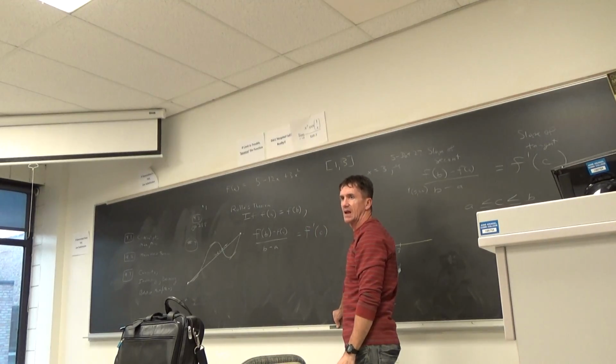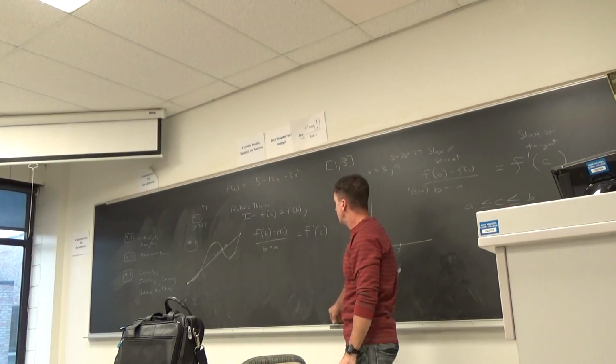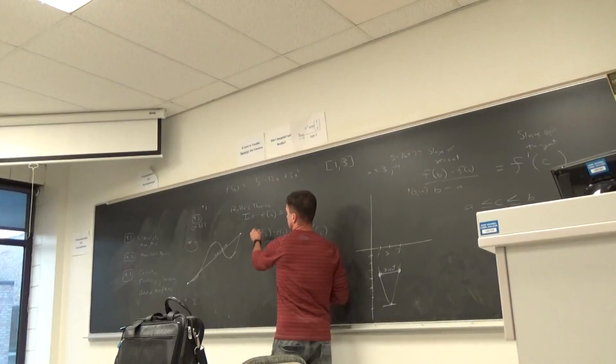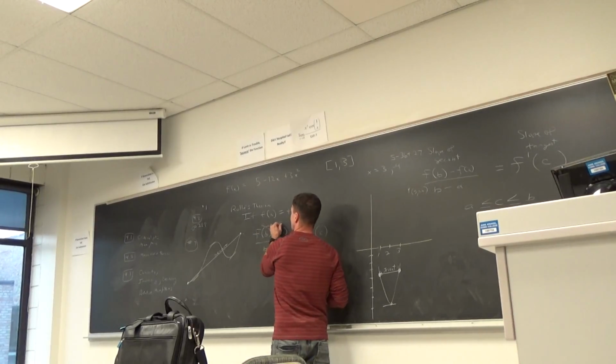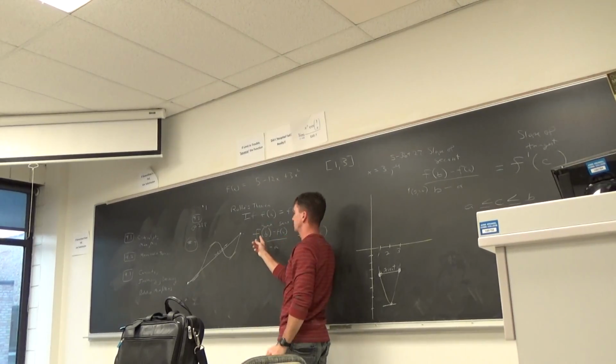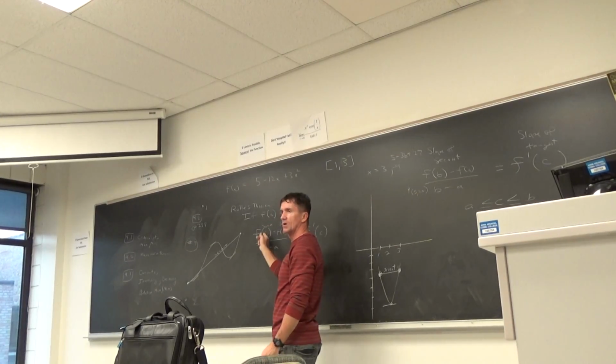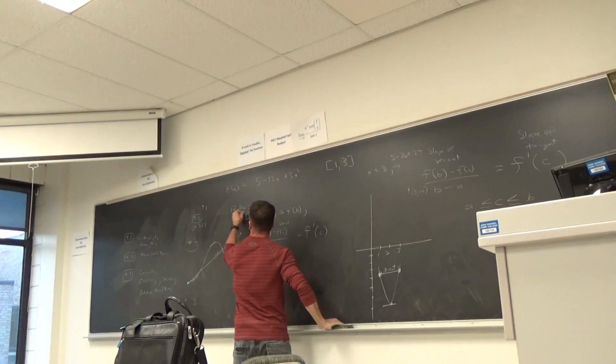What's f prime of c going to have to equal every time? 0. Because if these two numbers are the same numbers, this number here will turn into what? 0. So we can actually make this Rolle's theorem and say, okay,